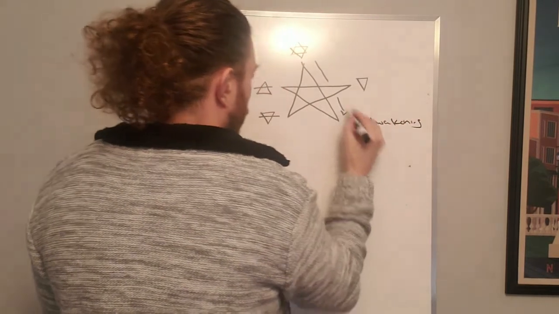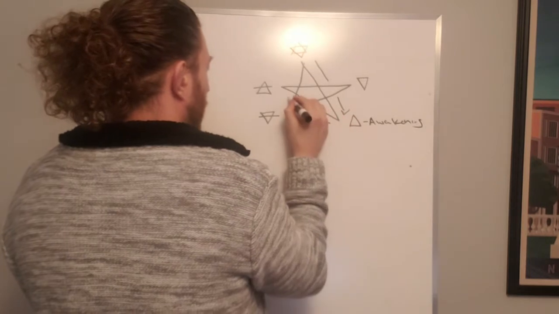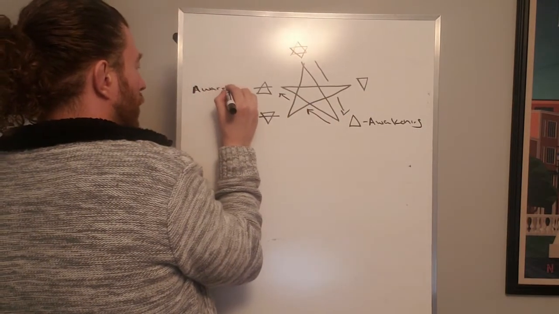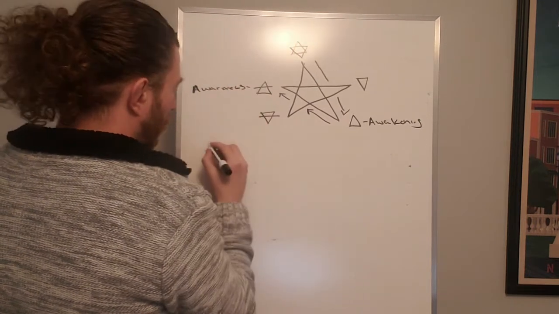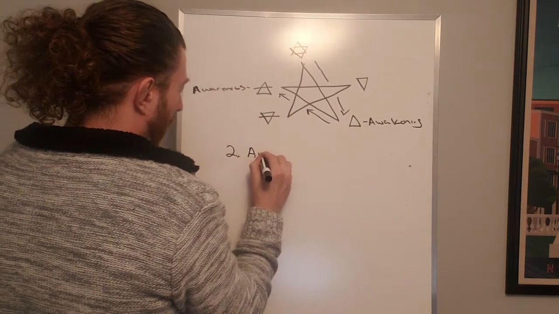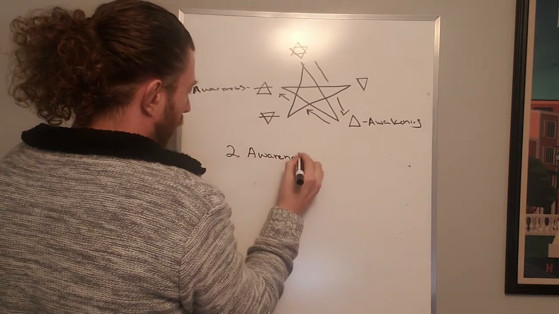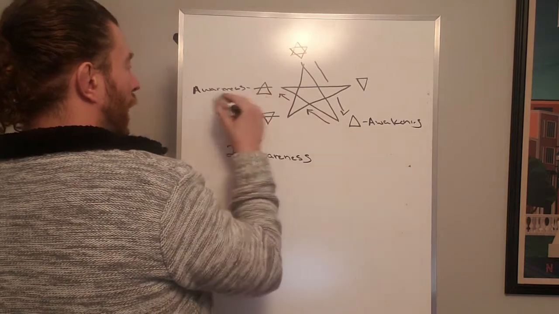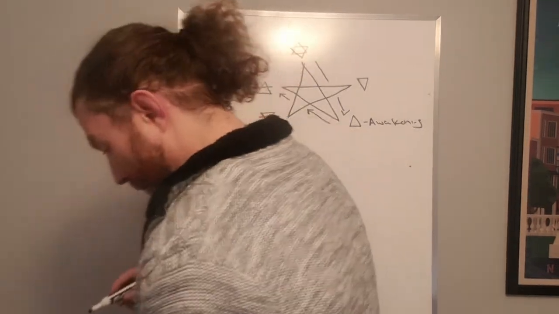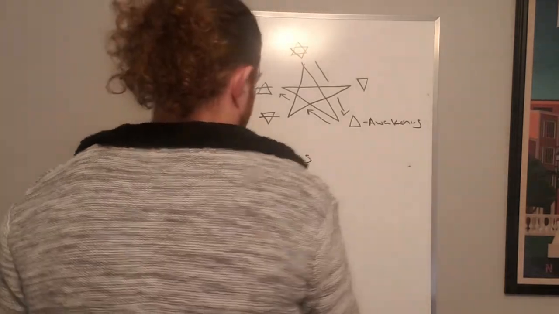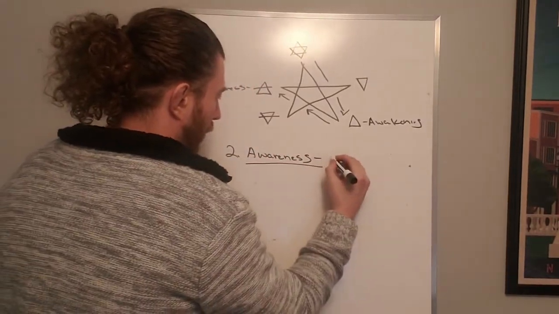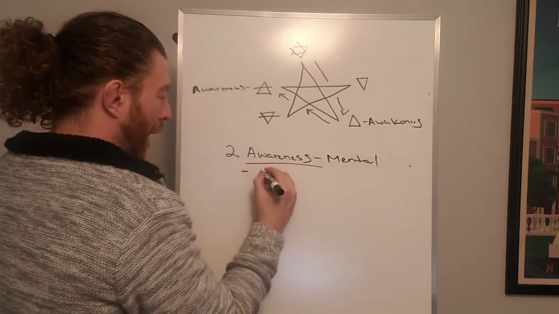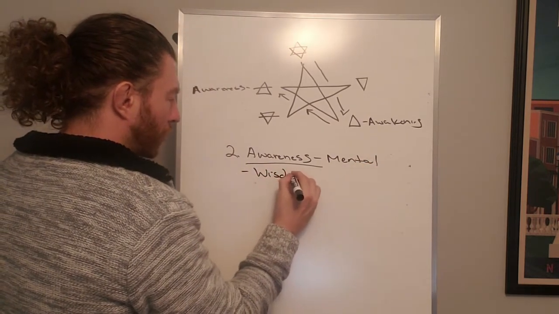The next stage, once we hit rock bottom, we start to move back up again, and we move to our awareness stage. Now in this stage, we're starting to understand how we create our experience of reality. You might already be in this stage. Maybe you already went through awakening and you're kind of over here now. You're starting to become aware of how you create your suffering in life. So this is the mental body. This is when we're actually beginning to heal our mental body, and we're developing the archetype of our wisdom keeper,